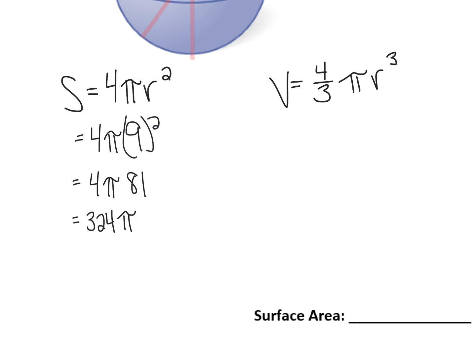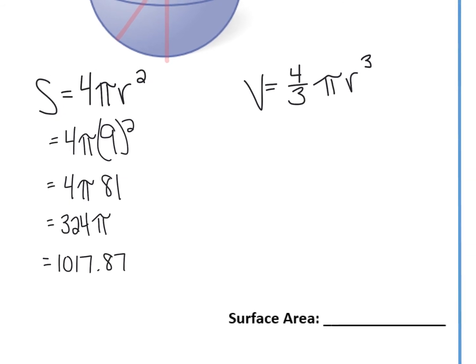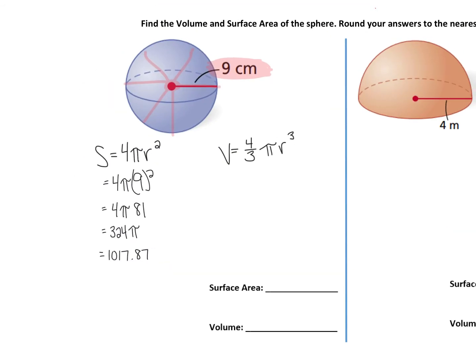Remember, if you don't have a pi button, which you should if you're using your wonderful Desmos calculator, you can go ahead and use 3.14 instead. Okay, so I have 1017.87. And because I was asked to round to the tenth,